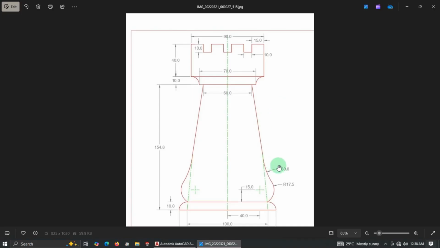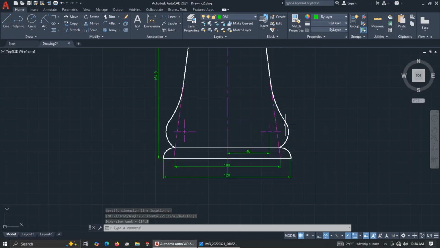Good. And then let's try and dimension our axe over here. So right, so let's finish with this 10. Good. Now we can go for radius,